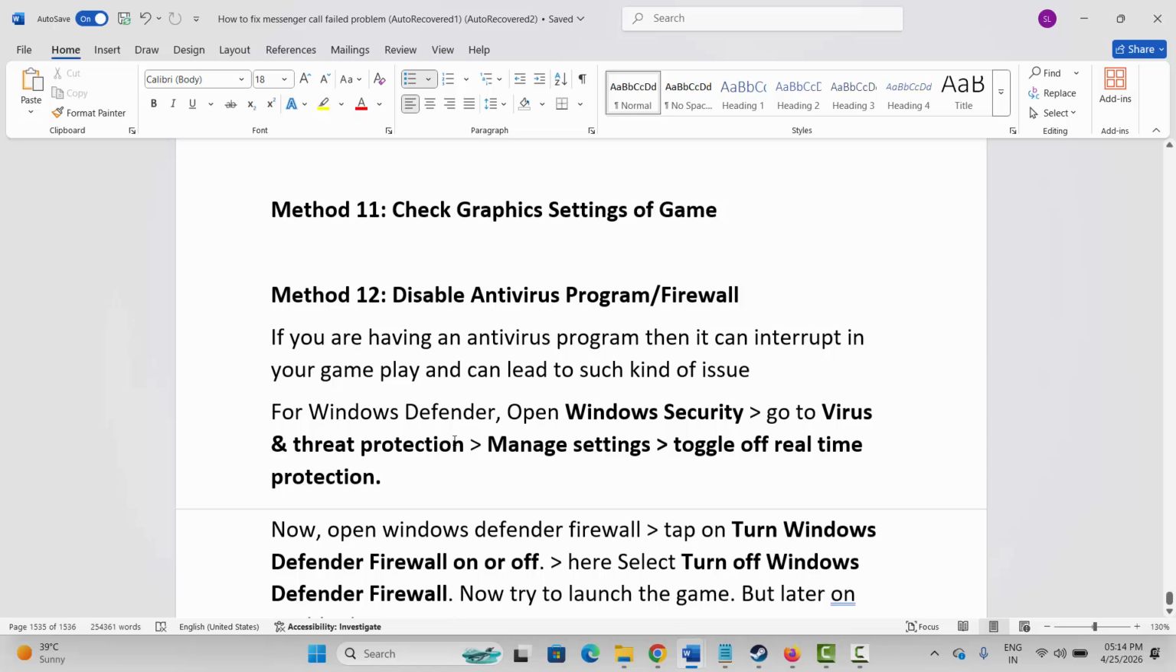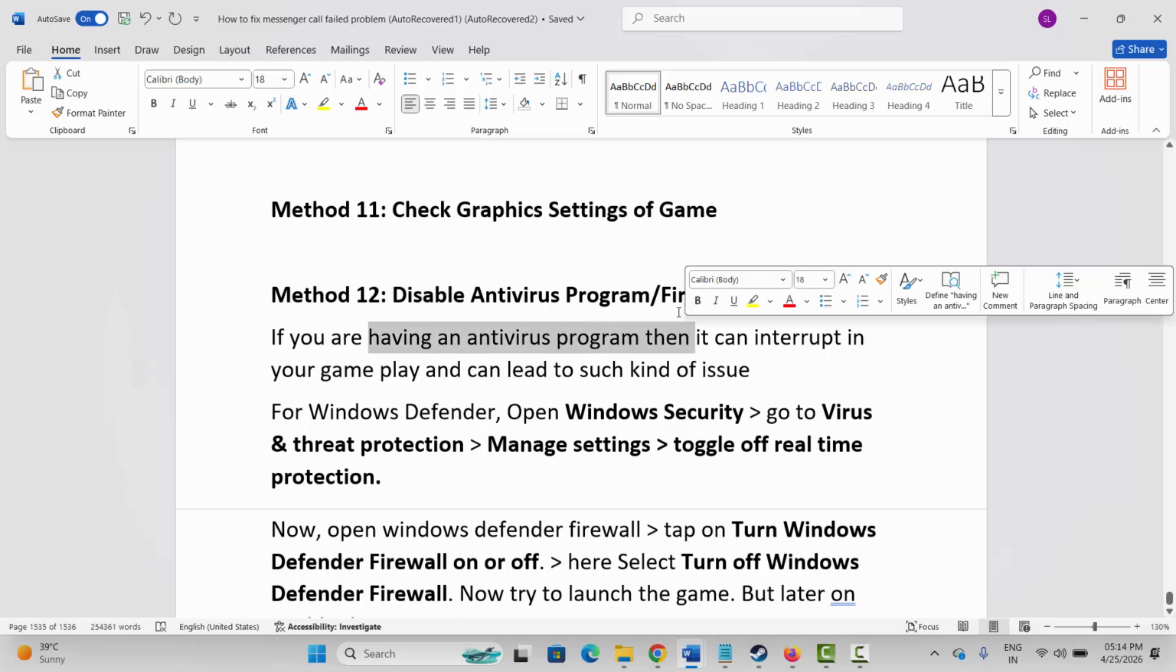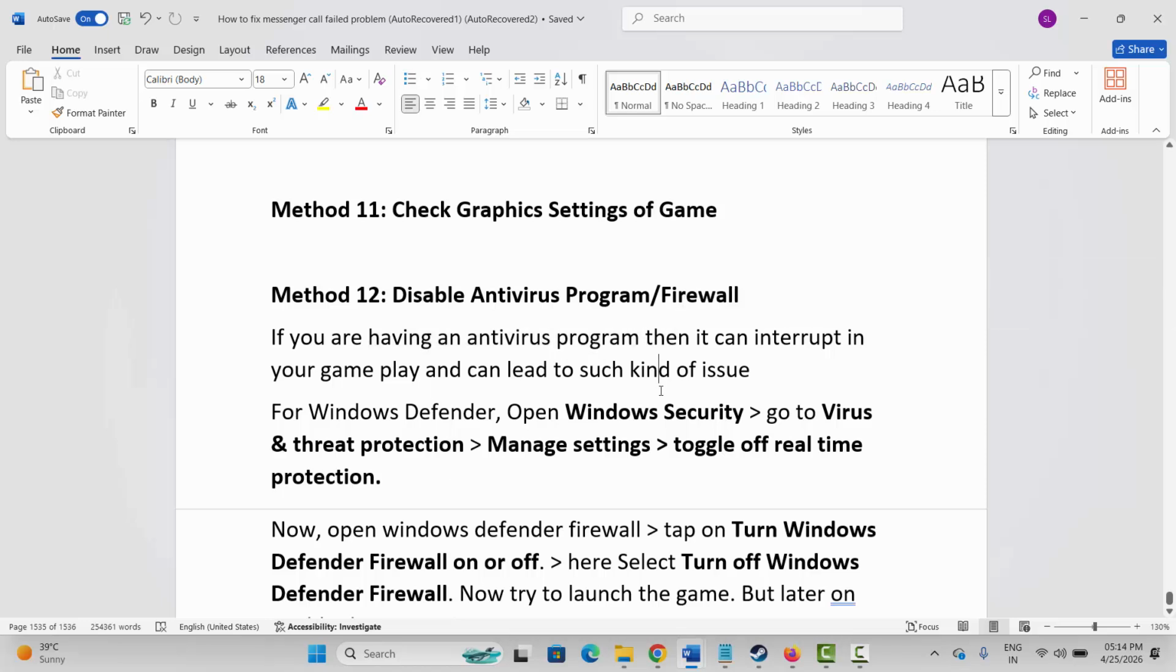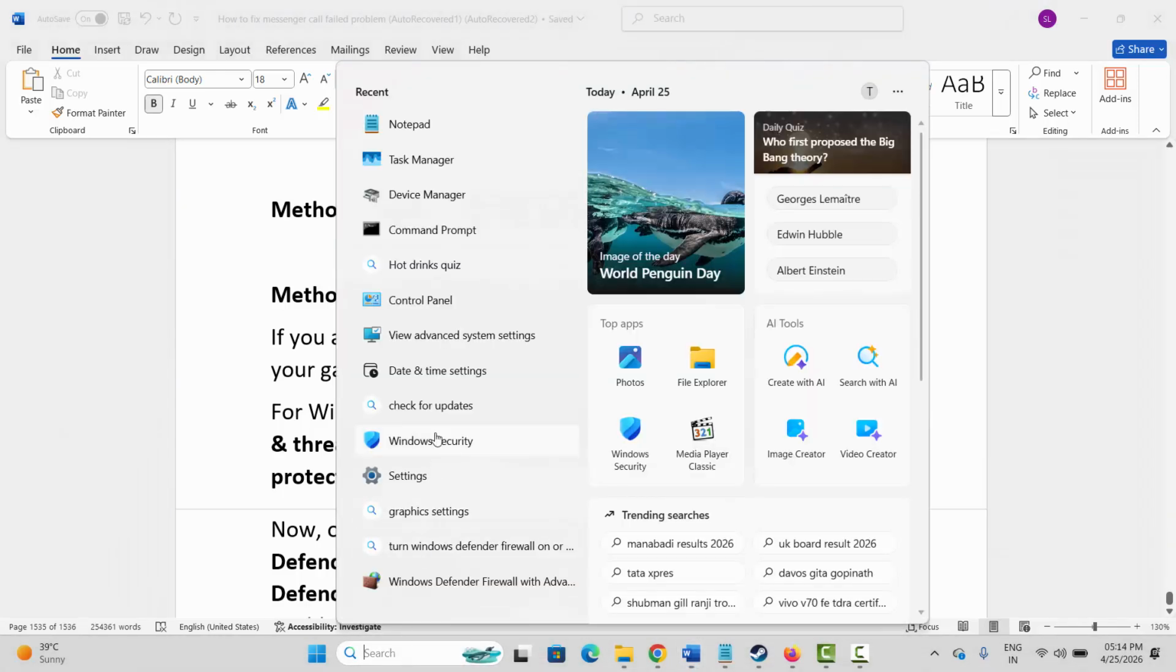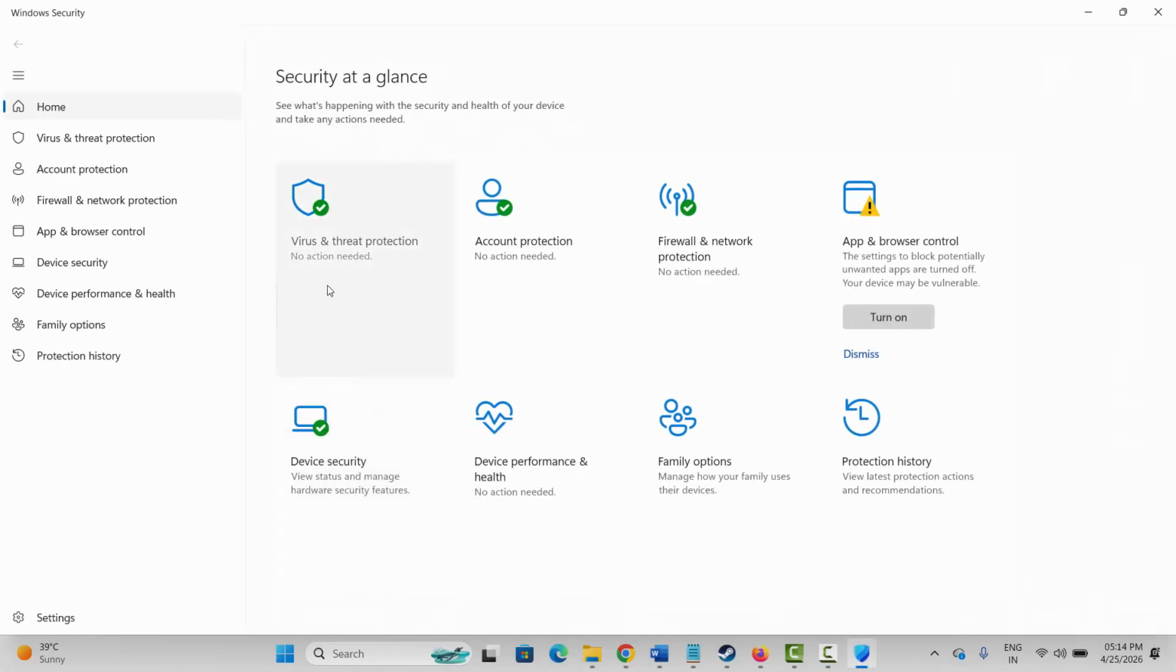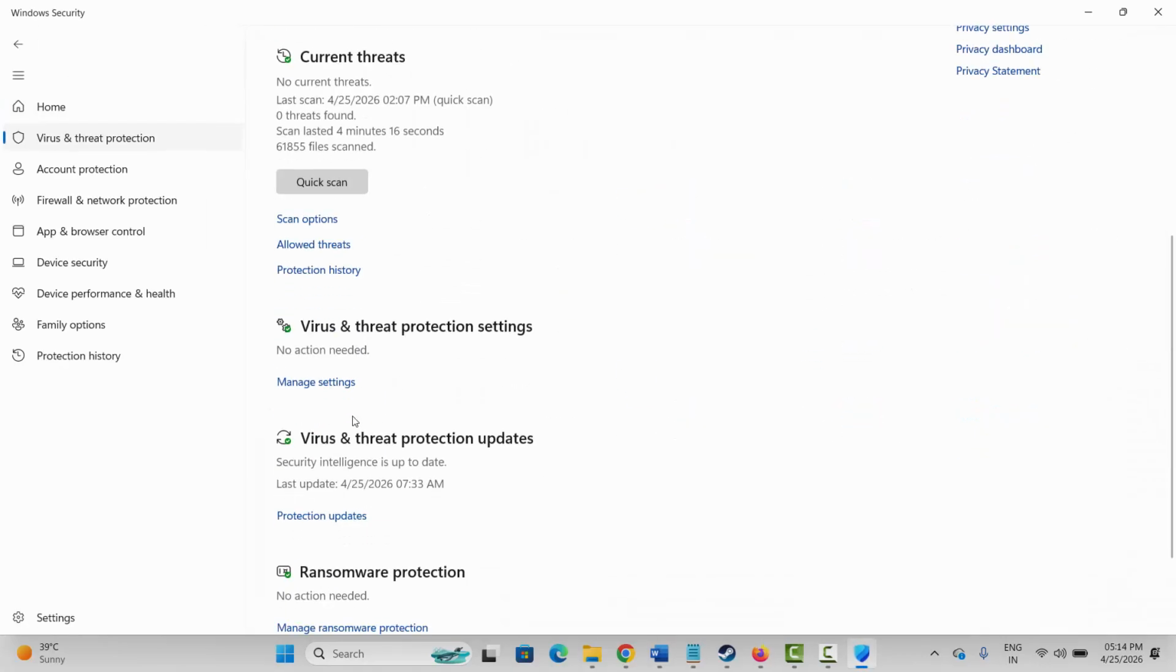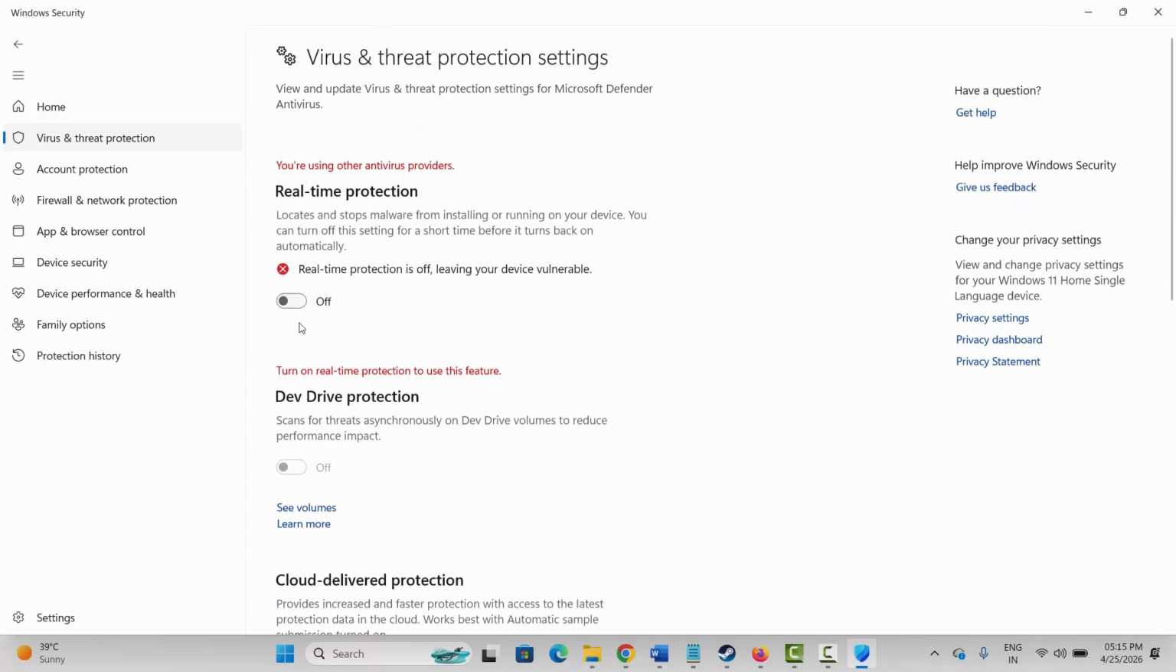So if you are having an antivirus program, then it can interrupt in your gameplay and can lead to such kind of issues. So what you need to do is just go to the Windows search for Windows security. Now here you have to click on virus and threat protection. Go below, click on manage settings and after that here you have to turn off real-time protection. After you have done this,